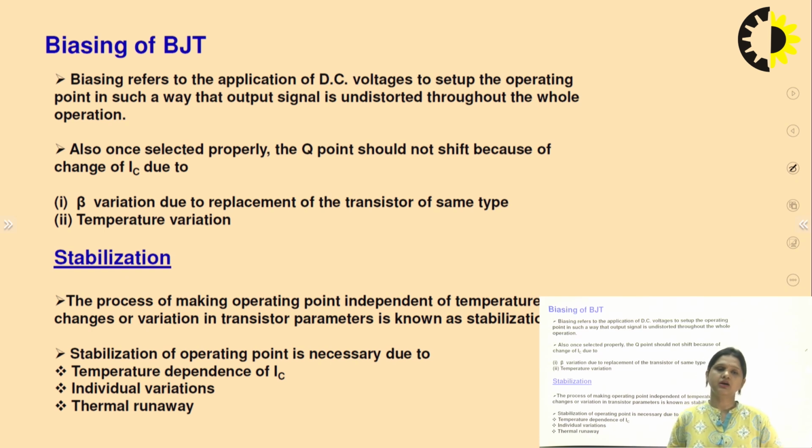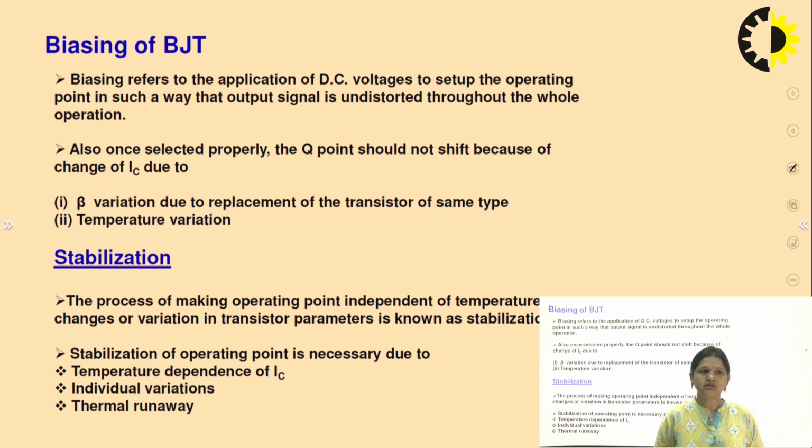But once we have set the operating points, once we have applied the minimum voltage at the emitter base and collector base junctions, the requirement is that the biasing points, that is the supply voltage, should remain the same. Then only the device can operate without any failure, or we can say the device can operate linearly in the active region. Otherwise, if for any reason the operating point changes its value, then the device may enter another region like cutoff or saturation. So we will not get the proper operation.